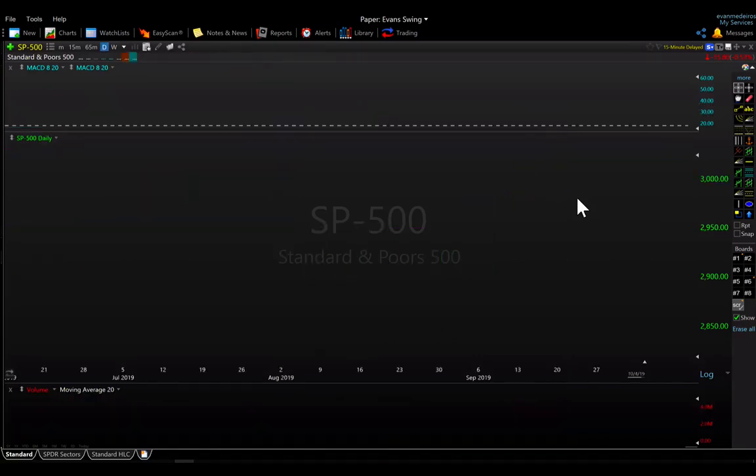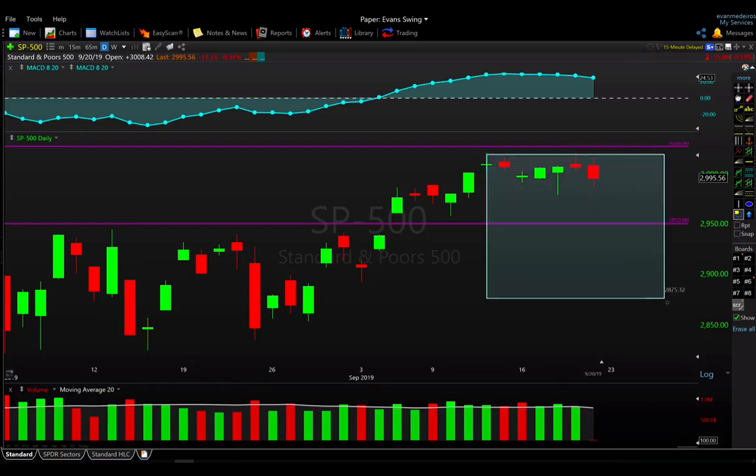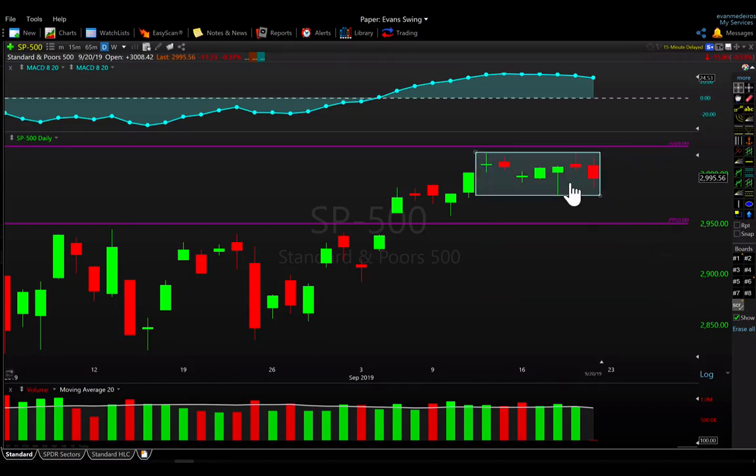If we go down to a daily chart here, you can see basically the same thing in some of the chop that we just talked about. Over the past 6 trading sessions, we've gone absolutely nowhere. We've digested the Fed. We've digested more tariff and trade talks. And we're really basically just staying sideways here and waiting for the market to make up its mind